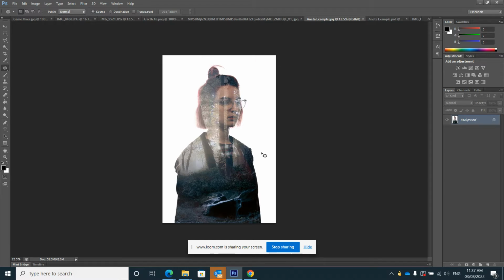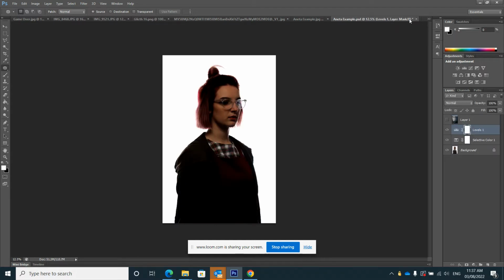So double exposure portraits, and we can see an example of what it is we're aiming for on the screen. The only thing that's different with ours is we're going to link it to the idea of a digital world in some way. So the type of images we're going to overlay are going to be different, but the principle is going to be the same. So I'm going to start now with